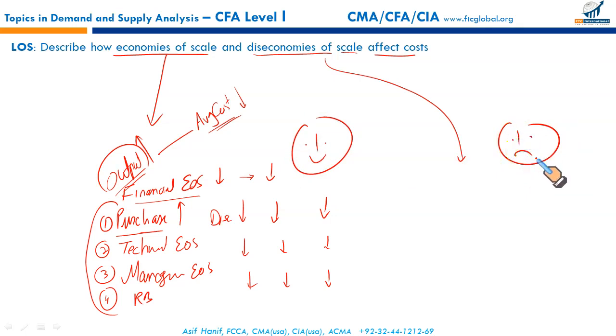When the business becomes larger, it becomes difficult to control because of the sheer size or complexity. This would result in inefficiency, so average cost starts going up. When you have a larger business, there would be communication problems between the senior and junior managers. Probably your low-level staff, the factory floor workers, might feel that they are far away from the senior management.